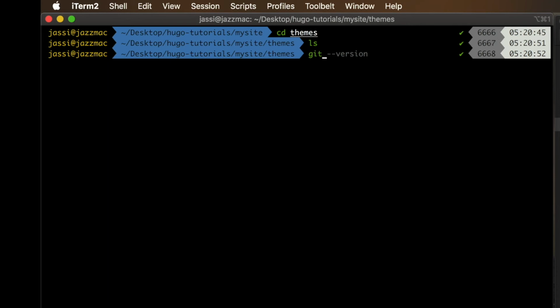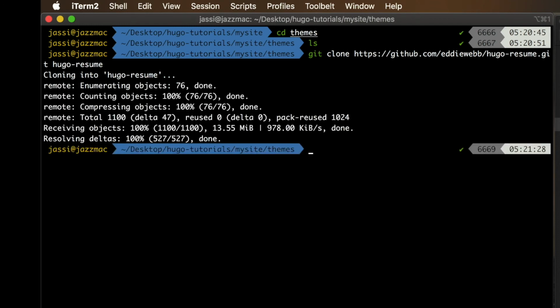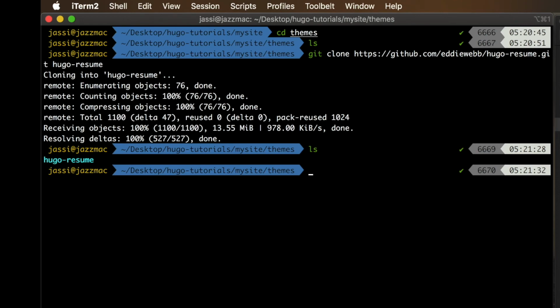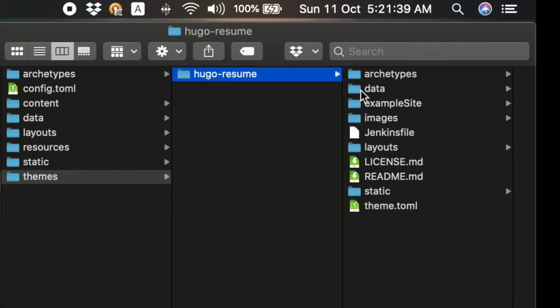What I will do is git clone and paste this git repository, and I am going to give it the name Hugo resume. So I will know this particular theme I'm going to use. So it is cloning it. Well, now it's cloned, so I can see that Hugo resume is here. Even in here you can see this folder is updated.